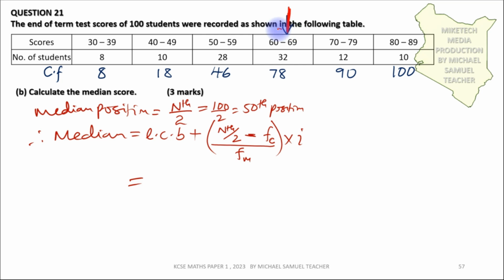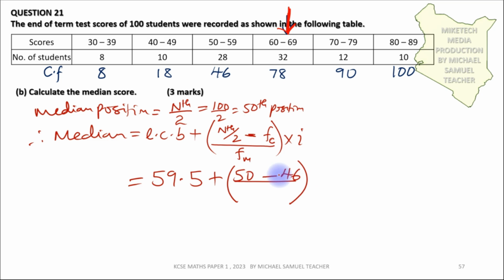This is the median class, 60 to 69, and therefore the lower class boundary of the median class is between 59 and 60, so it is 59.5, then plus 100 over 2, that is 50, minus the cumulative frequency preceding the median class, it is 46,